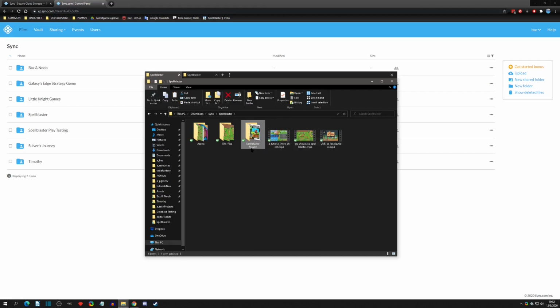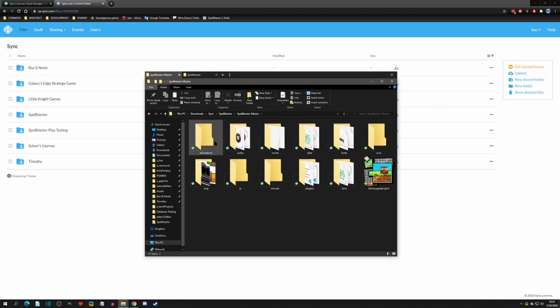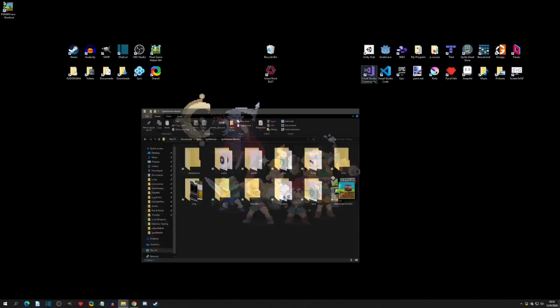And the other thing to point out is that here is the PGM folder actually. So for our master project, we actually put it in the sync folder. And it's right here, and you can see we have our animations folder. Here's the Pixel Game Maker project. All right. And so what we can do now is open up Pixel Game Maker,